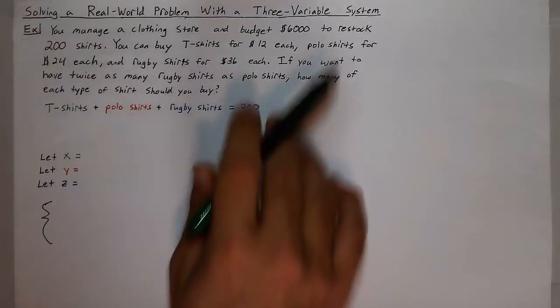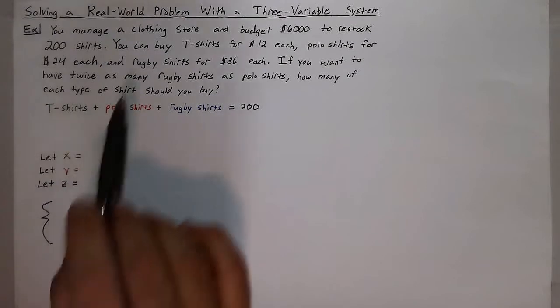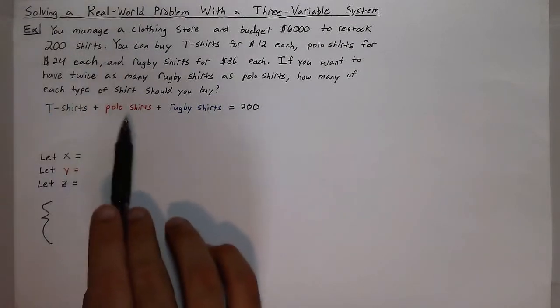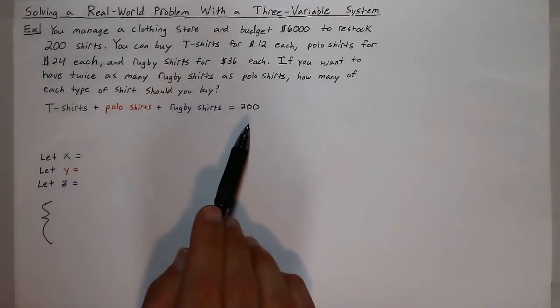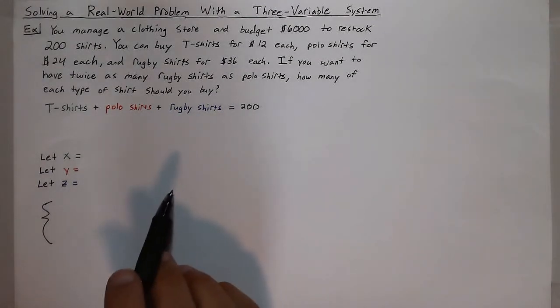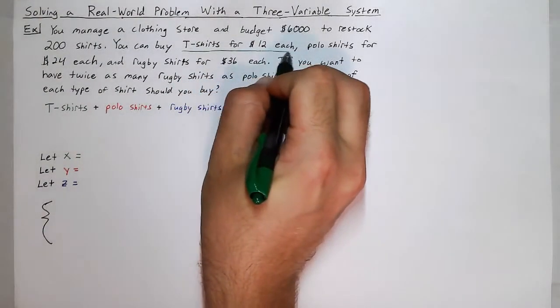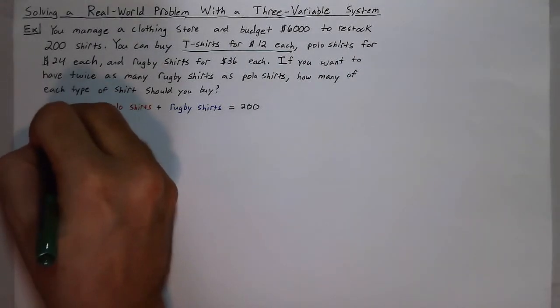So there's, again, lots of information to decipher, so we're going to break this down little by little. First, we want to make 200 shirts. So if we add all of our t-shirts, polo shirts, and rugby shirts together, that should equal 200. Now let's talk about our budgets. We know that t-shirts are $12 each. So $12 per t-shirt